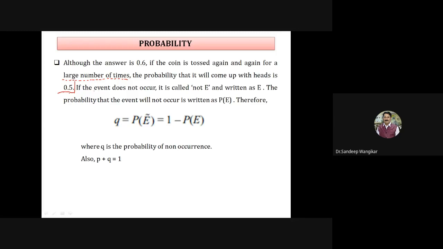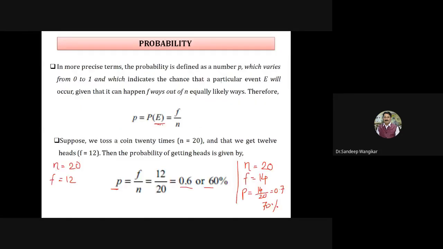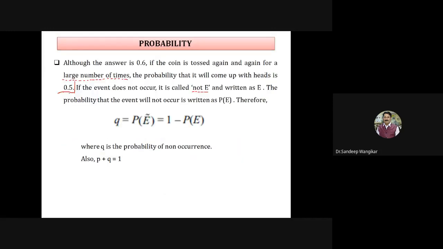Now if the event does not occur, it is called not E. If the event occurs, we have denoted it as E. Event E has occurred. So now event E has not occurred, not E, is also written as E with a sign on it. Then the probability that the event will not occur is